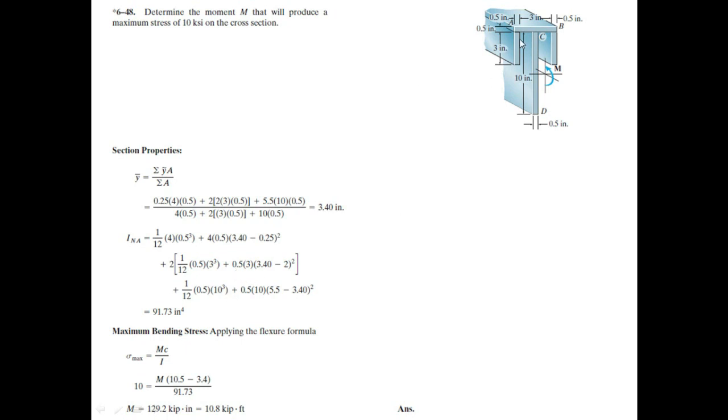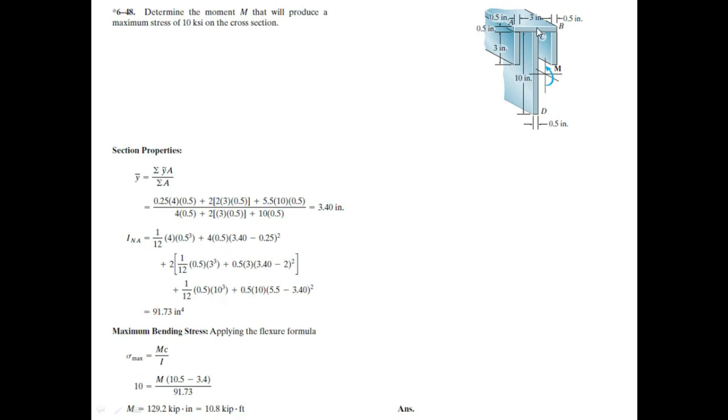एरिया आपके पास 0.5 इंटू 3, ये आपका 3 है और ये इंटू 0.5 हो गया। फिर आपने क्या करना? सेंट्रॉइड टू सेंट्रॉइड डिस्टेंस कितना हो जाएगा आपके पास? 3.4, तो आपका लोकलाइज पूरे सेक्शन का है आपके पास, और प्लस आपके पास वर्टिकली यहाँ से कितना हो जाएगा? 1.5, और उसका बेसिकली कितना हो जाएगा? टॉप सरफेस से अगर हम देखें तो कितना हो जाएगा? 0.5, तो ये आपके पास 3.4 माइनस 2 का होल स्क्वायर।